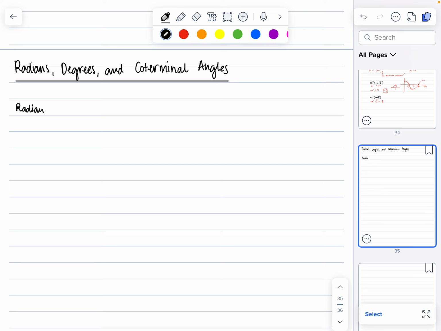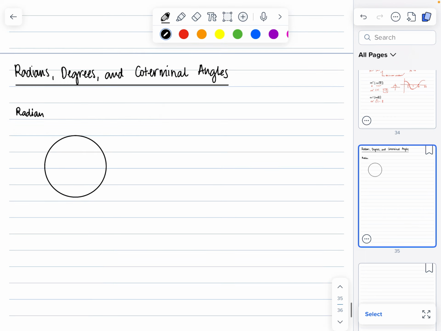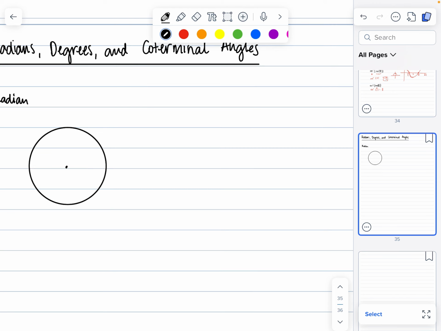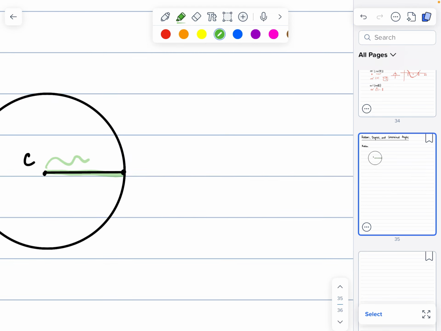If you were to take the radius of any circle, let's actually draw one out. Call this circle C. If I were to take this radius, I'm actually going to highlight it and color it green. If I were to take this length like a string and see how many of these strings I could wrap around